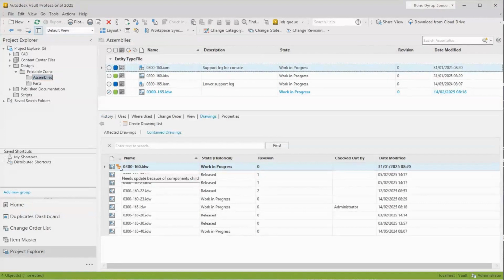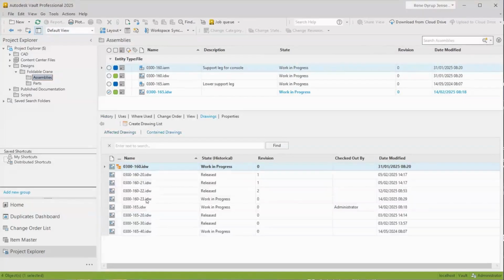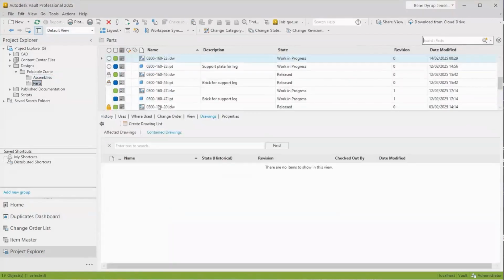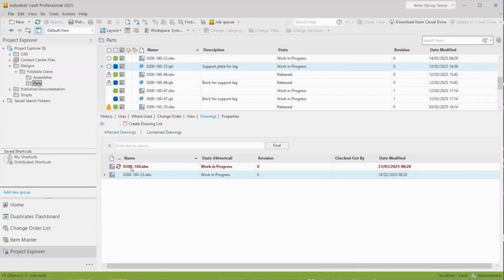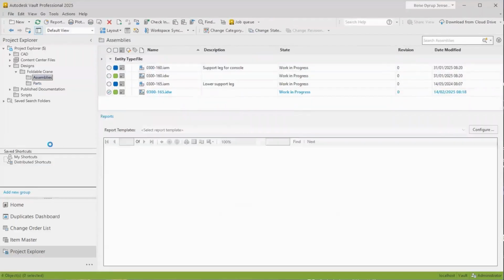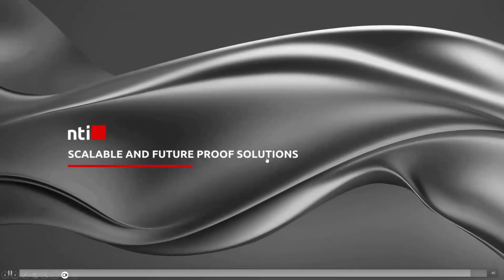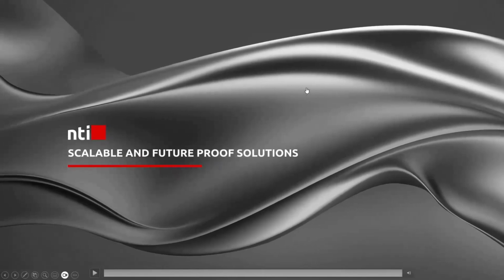So now the only drawing that needs to be updated is my drawing on my main assembly. It's very easy, and you can see as well that from my Inventor part, only the main drawing needs to be updated. So I can navigate back and forth directly from the overview. This is an example of how you can keep track as an engineer of your data.